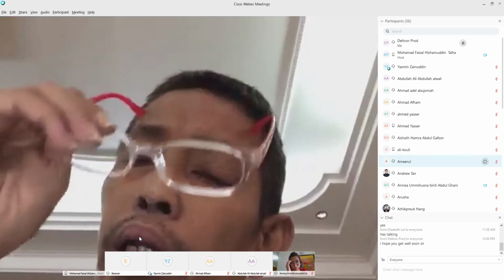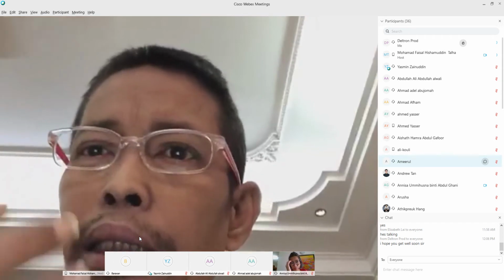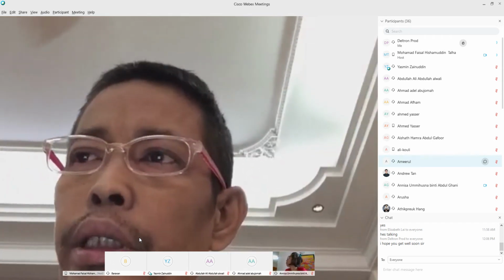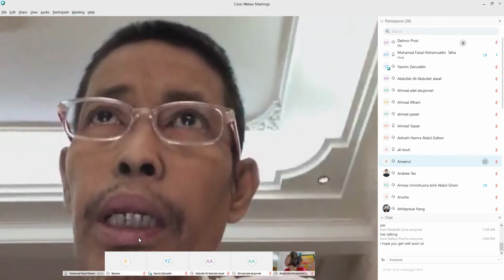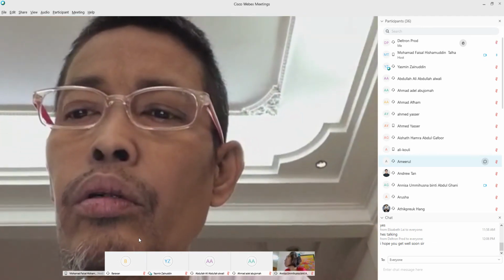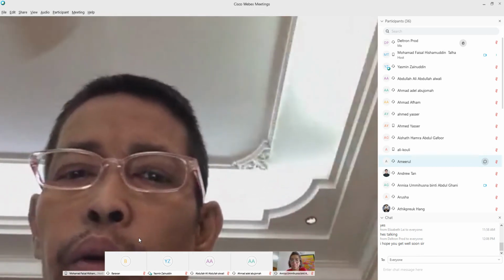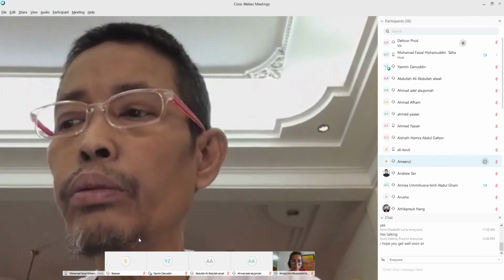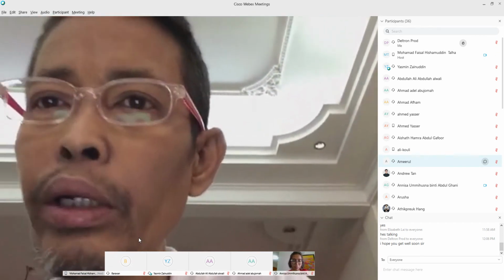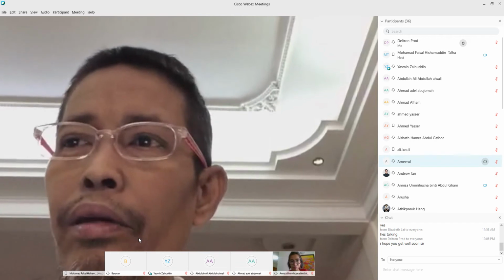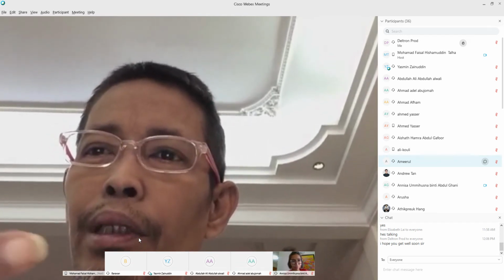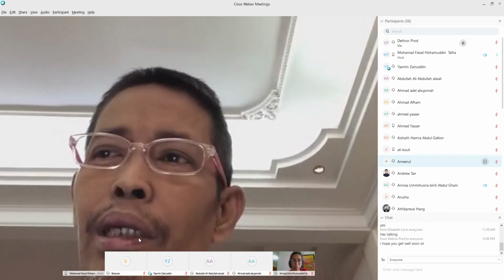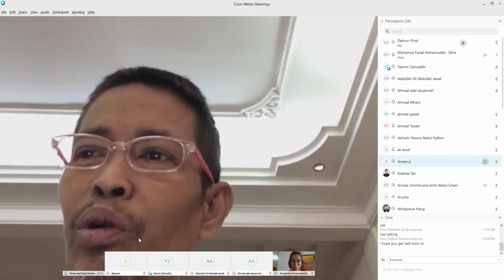In the meantime, I can use my glasses. These glasses are for reading. For short distance, I can wear these glasses, and I've made some glasses for long distance as well. So I can wear this for a while, but I cannot wear these glasses too long. It gives me a headache because it limits my vision. This vision is only for 30 cm distance and nothing else. Anything nearer than 30 cm I cannot see. Anything further than 30 cm I cannot see. So I have to hold all this text.